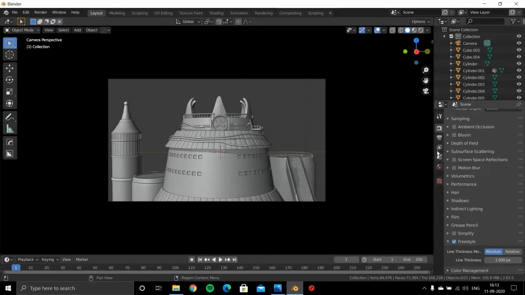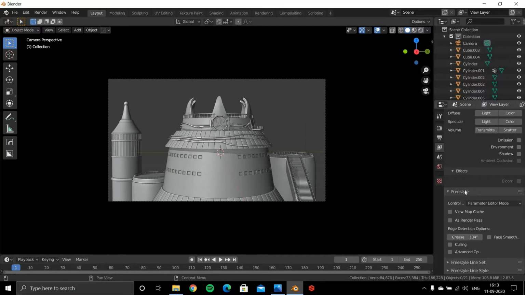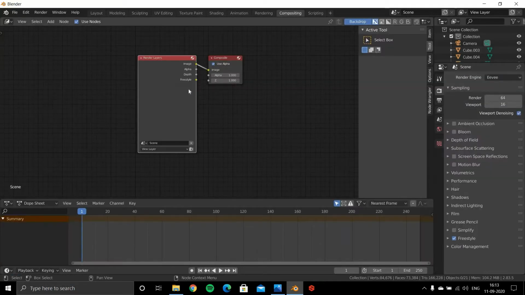And now let's head over to the layer panel, and you will see three new tabs appear: freestyle, freestyle line set, and freestyle line style. So let's quickly go through them. In the first panel, we should enable freestyle as a render pass, because this will give us a freestyle node in the compositing tab.